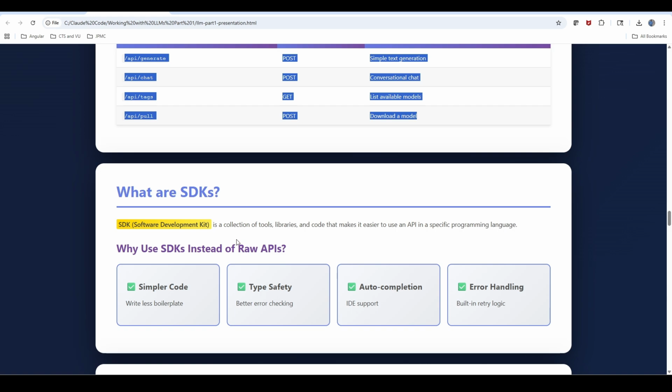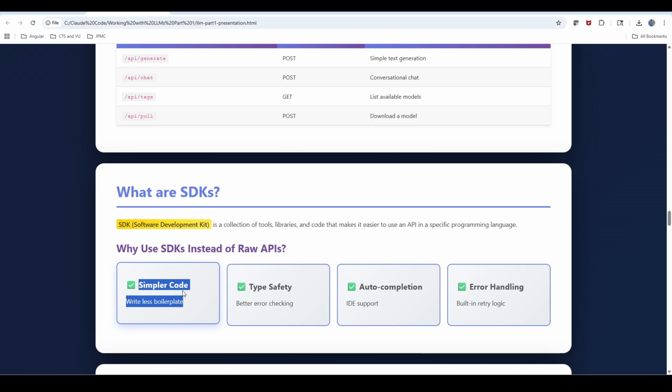The advantage of SDKs is simpler code: you don't need to write a lot of code to call your REST APIs. Rather, they completely abstract the code and give you predefined methods and objects to access the LLMs.